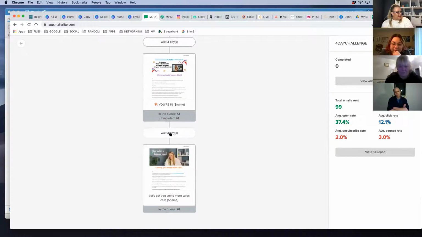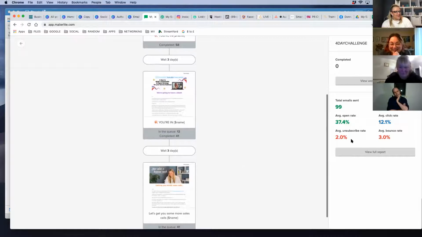So then here, I've got that delay, and then out goes this other email. And there's 41 people waiting to get that email at the moment, but they don't know about it, obviously. So you can go and have a look at a report. You can see here like 3% have bounced. So somebody has signed up for the challenge with a bad email,